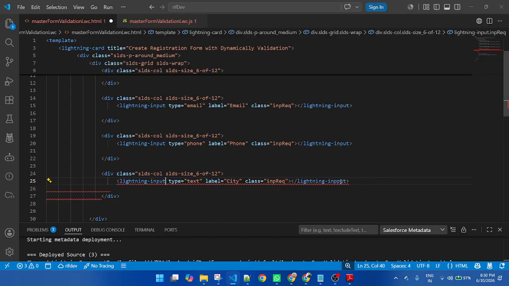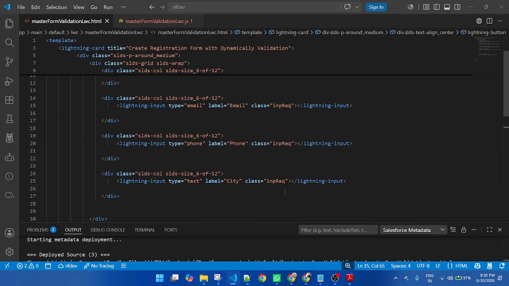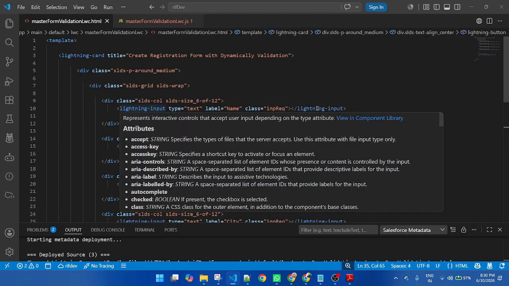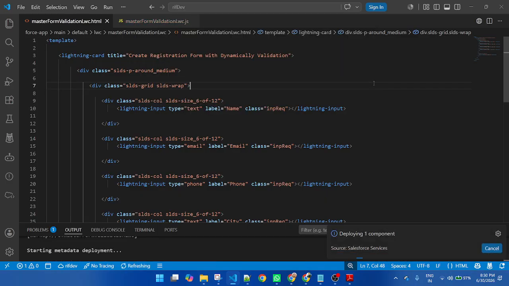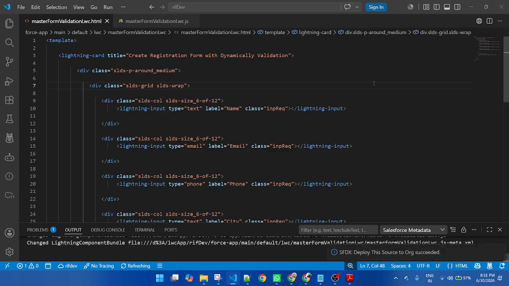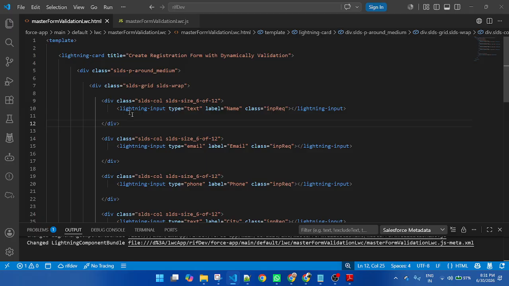So when you deploy the code, it will check all of the files, including JavaScript. If there is any kind of typing mistake, it will not be able to deploy the code. So now I correct all of the spelling mistakes, and now save and deploy once again. Yes, you can see my code deployed successfully to the Salesforce org. Now once deployed successfully, let me go to Salesforce and drag and drop the component.